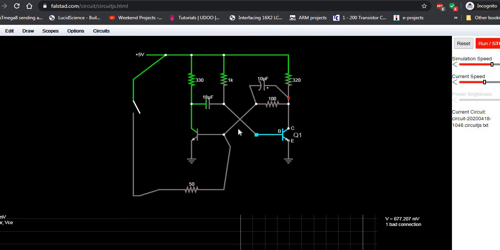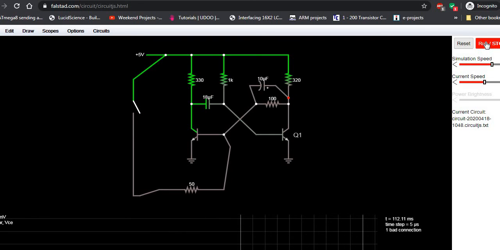In a similar fashion, let us look at the output of Q2. See here, output of Q2 is 5 volts. Base voltage of Q2 is less than 0.6. So that's why this left side transistor is in off state, right side transistor in on state. That's what we talked about in the theory also, right? The right side transistor will be on initially before triggering. The left side transistor will be off. Let us see what will happen if I apply the triggering for a moment.